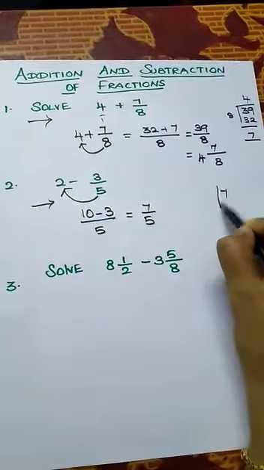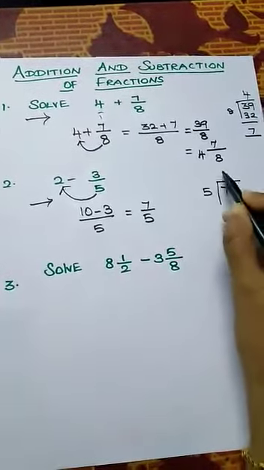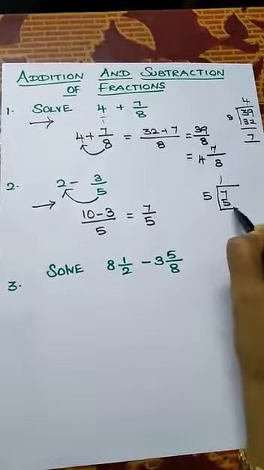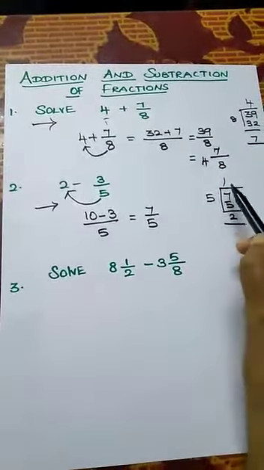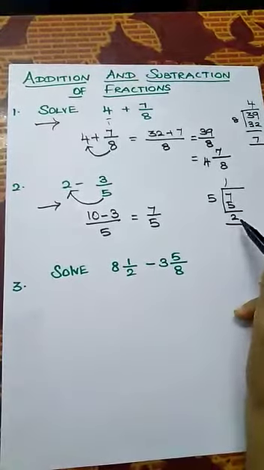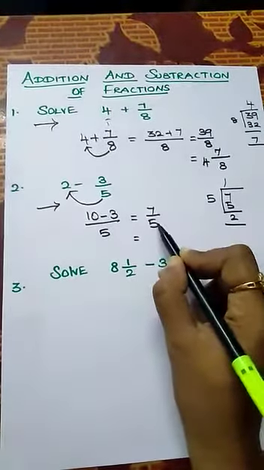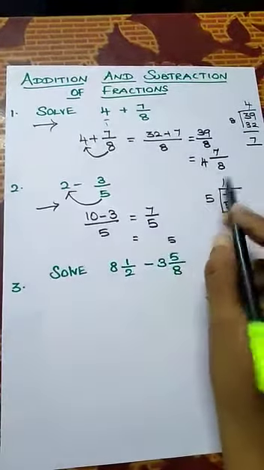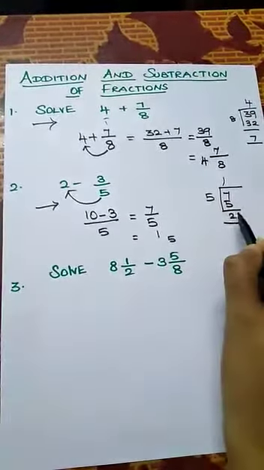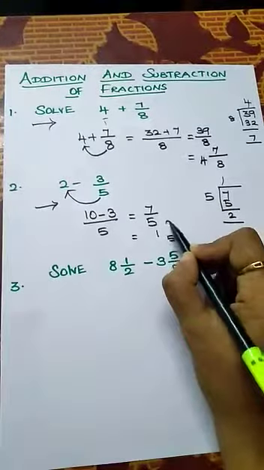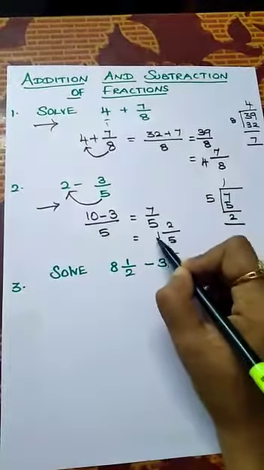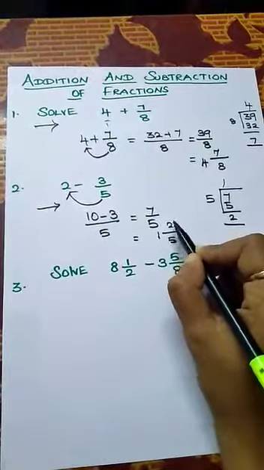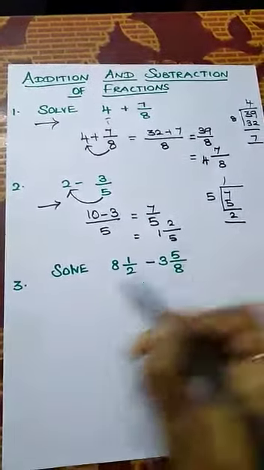So, divide the number 7 by the number 5. 5 1s are 5. The balance is 2. Now, the quotient is 1 and the remainder is 2. Again, we have to write the same denominator, the place value 5 only. Then, in the whole number place we write the quotient. Then, the remainder value we write in the numerator. Now check the value. 5 1s are 5. 5 plus 2, 7. The answer is 7 by 5.